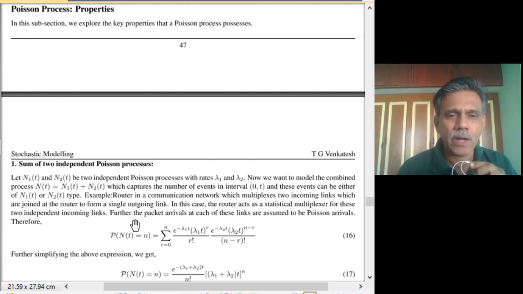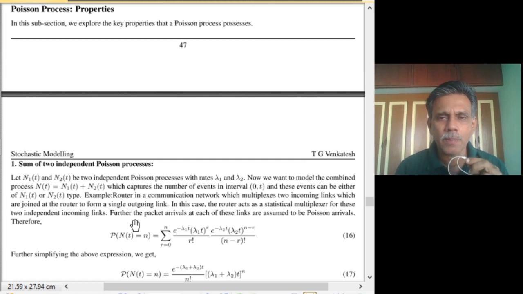Further, if n1 and n2 are time stationary, the combined process will also be time stationary because it has all the properties that we expect a Poisson stochastic process to have,